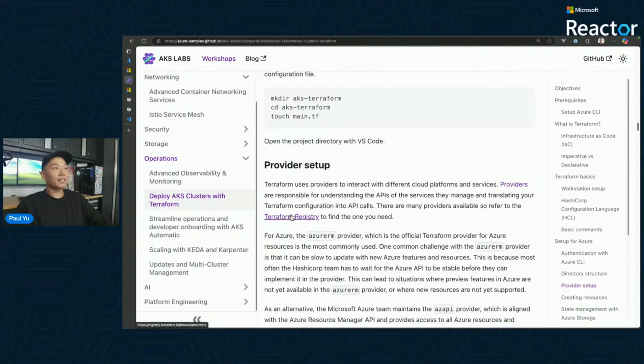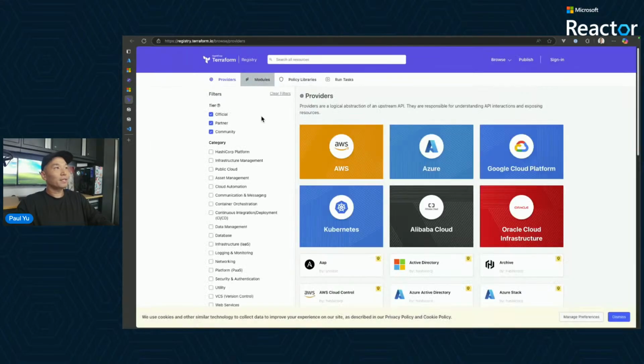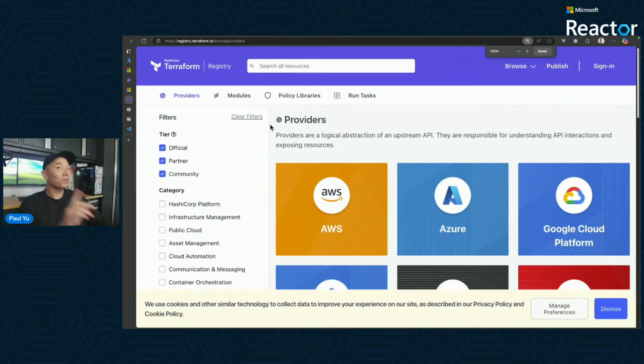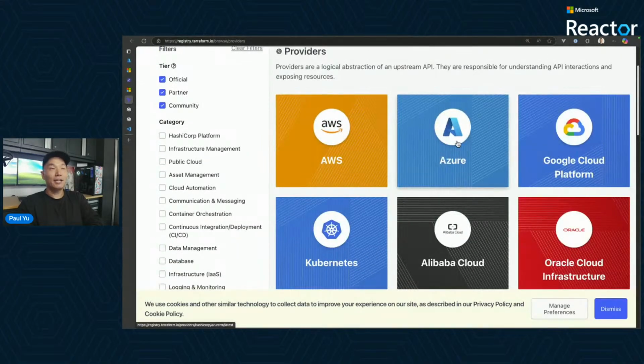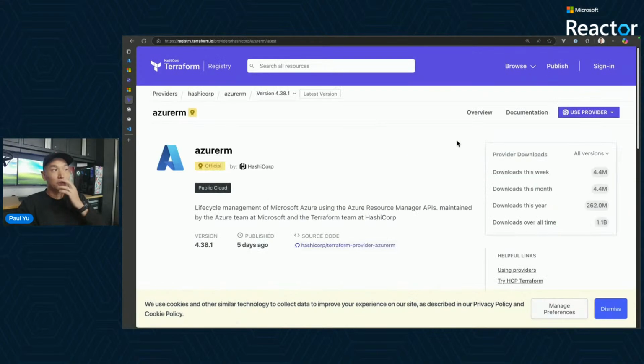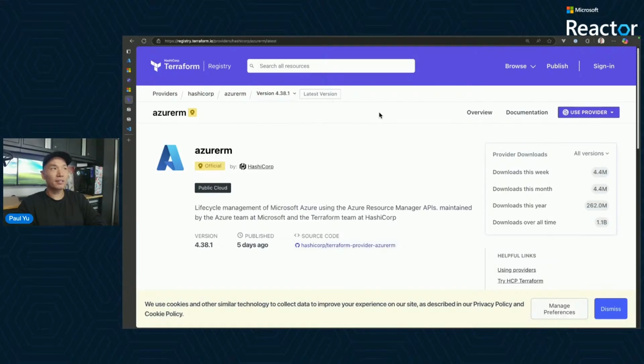Well, we need to start setting up the actual providers because Terraform is, again, a tool that allows you to work with any cloud provider. If you hop over to the Terraform registry documentation and click on providers, you'll see there's a provider for all the major clouds. We're going to be working with Azure. If I jump over to the AzureRM provider, you can see all the different versions of the provider. So we're on